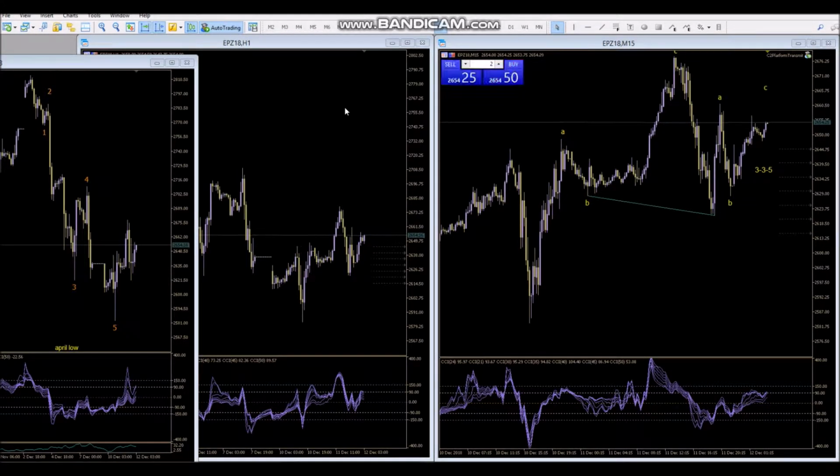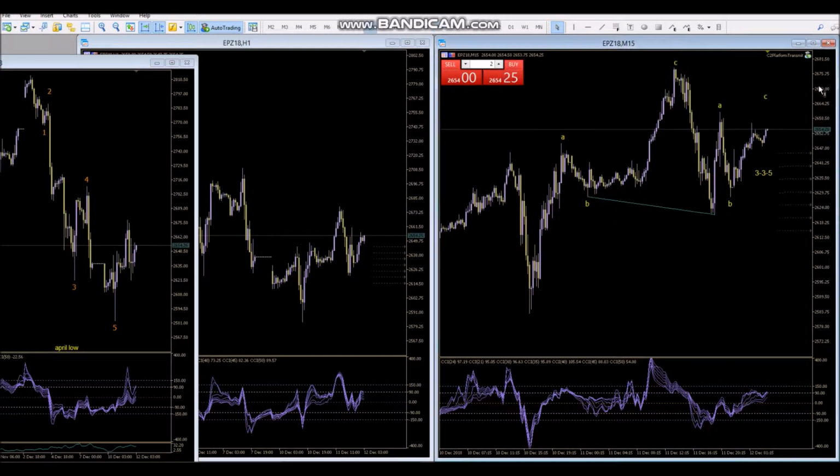Hello traders, just wanted to give everybody an update on that trade I took this morning. It's now Tuesday evening, about 10:46 Eastern, and I had caught the top of the end of this correction here, coming down this ABC, and I've been watching it thinking that it's going to weaken and then head back down overnight and then tomorrow, but then the more I watched it, the more I realized that this very well is